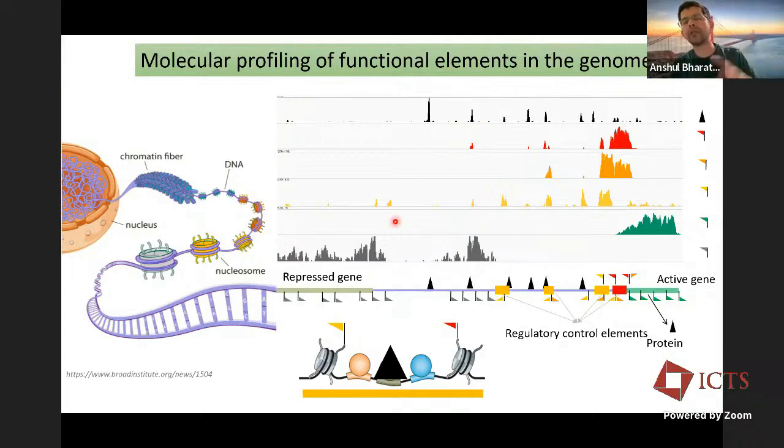So you can see how the cell is using these molecular markers to mark different types of elements: active genes, active promoters, and the proteins that bind these promoters and enhancers, these regulatory elements. You can also experimentally figure out where they are by performing these kinds of assays. Okay, so this is really exciting because now you can perform one experiment for any marker of interest in any cell type, and you can get a genome-wide readout giving you precise positions of where these proteins are bound or